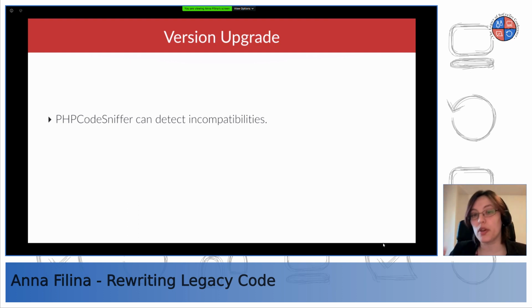And it's going to give you a report of all the things that have been removed or deprecated, or arguments changed order. Some libraries have been dropped, or some extensions have been dropped. So it's going to give you a full report, and that is basically something that is actionable. Be careful because it's not perfect. It's not going to give you everything. You will find things when you run the code that have not been caught by PHP Code Sniffer, but it's a pretty good start. It's a pretty good start because then you can address those errors first, and then if you have anything else, you'll find them as you probe the code.